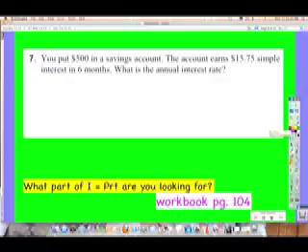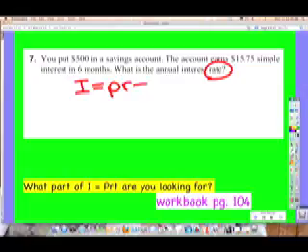What do you think, Sarah? 500. No, but I totally would have done the same thing. 500 is always the one that you put in the account. It's the double word, the one that has 2 meanings depending how you spell it. Which one is the 500 for, guys? Principal. That's for the principal. So the I would have to be which one, guys? It's interest. So the interest is how much the bank is paying us. So they're going to give us $15.75 as long as we have already put in $500